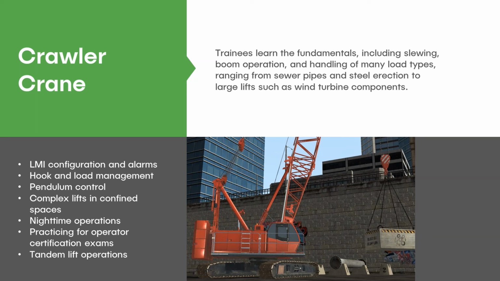So again, with this one, the spreader bar on the back bounces around. With this one, we find that people would use it to fly around or jump out of the cab just to teach the parts of the crane. That this is the spreader bar, this is where the winches are. Watch how the cable travels along the winch as you're operating. These are the counterweights, these are the tracks. So really getting them to understand the parts of the crane, that's often what's used on this one. So with all cranes, all equipment, you can jump out of the cab at any time as long as the safety brake is on.